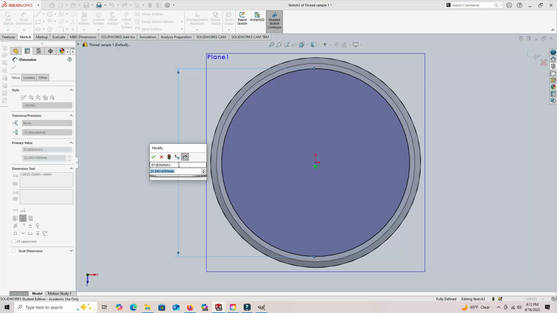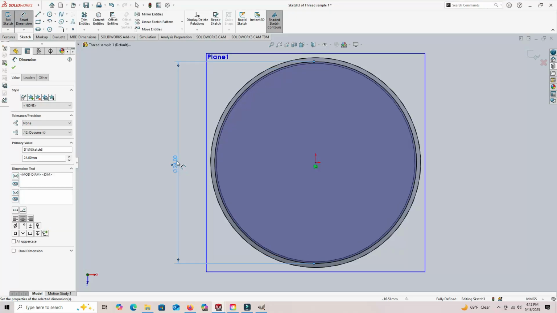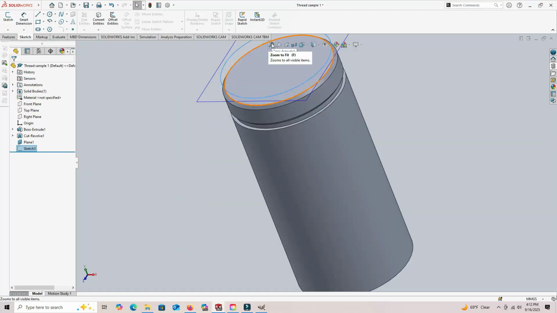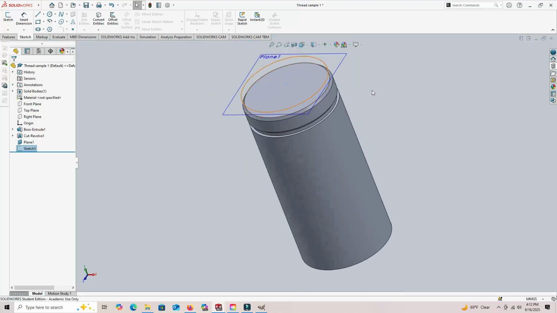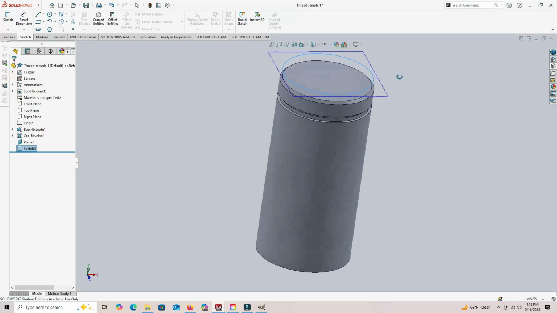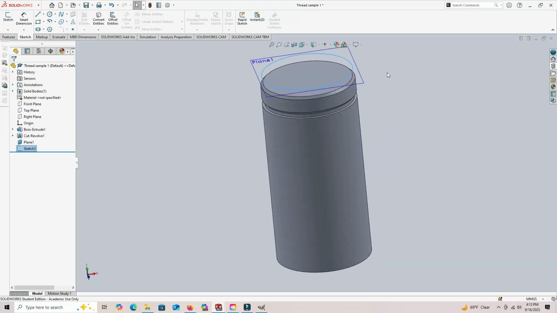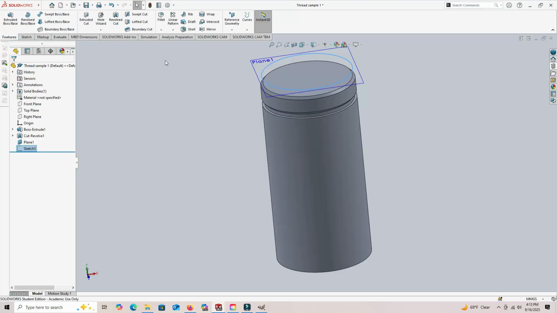So I'm going to make this 24 millimeter circle. There we are. That's all I need to do here. I'm going to exit that sketch. I'm going to hit this zoom to fit button so that we can see that a little easier. So we have a circle drawn on that plane,